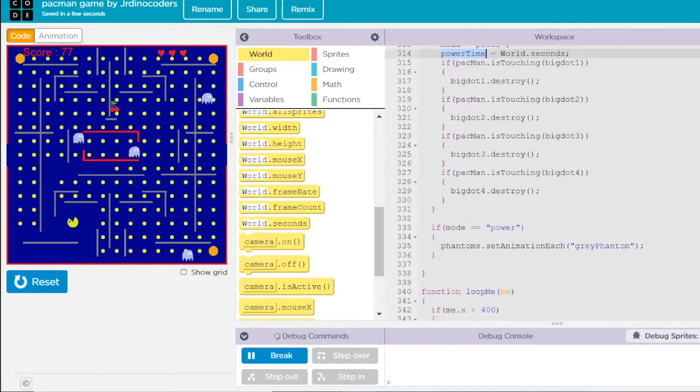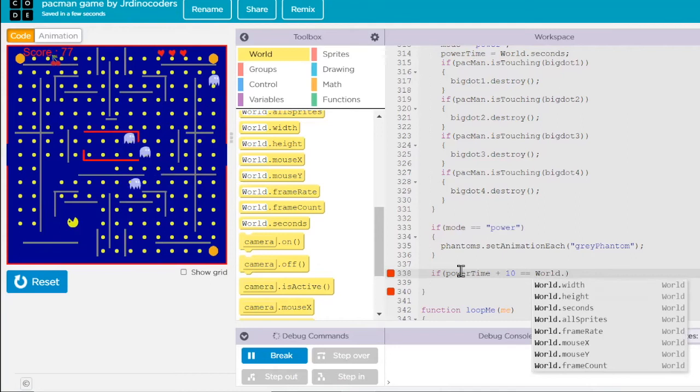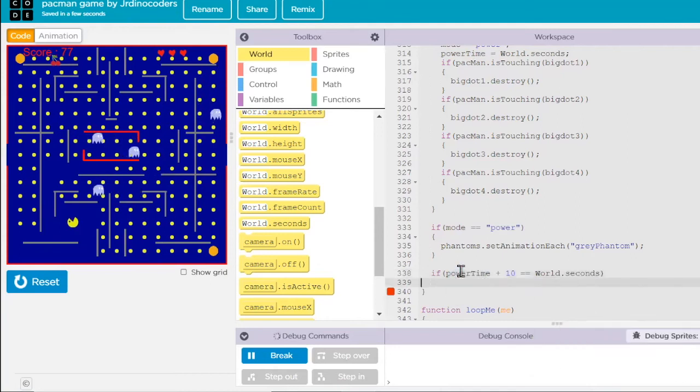Okay, so we know at which moment, at which second of the game, the power mode is turned on, and after 10 seconds we want this power mode to turn off and make it a normal mode. So after 10 seconds, how do we know after 10 seconds? So power time, this is a variable, power time plus 10 equals to world dot current seconds, right? So if it has been 10 seconds since this Pacman acquired the power mode, we need to set the mode to normal. So set the mode to normal,